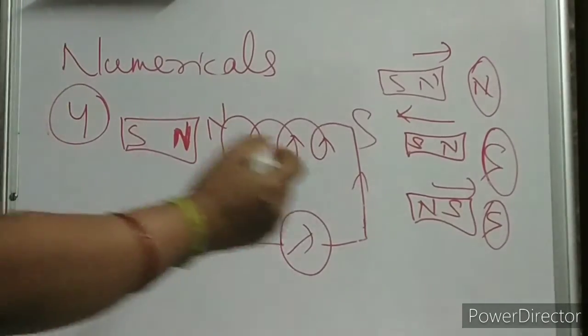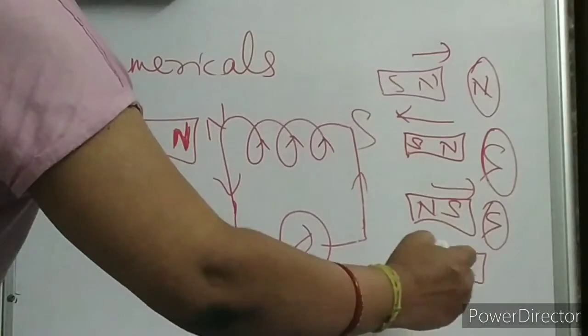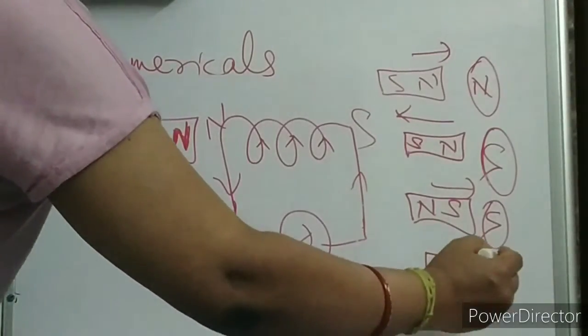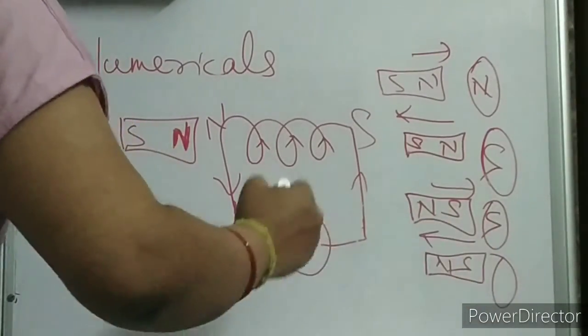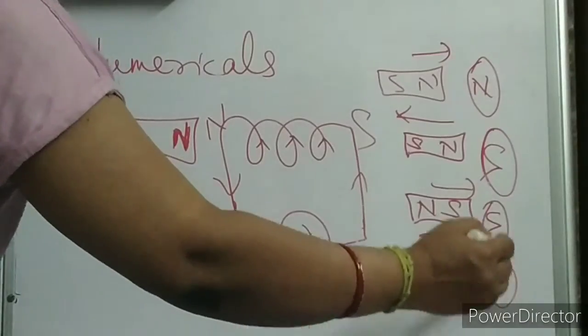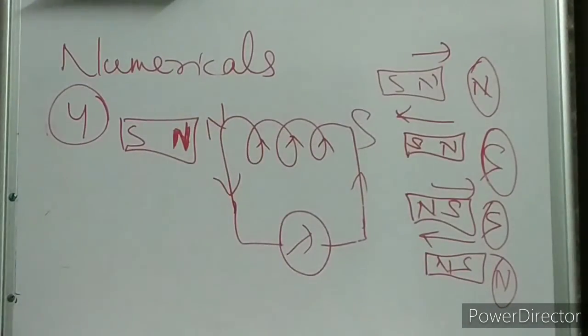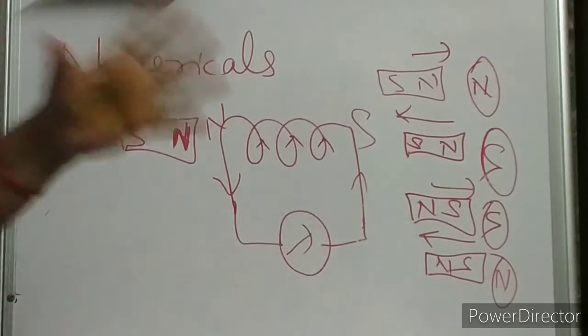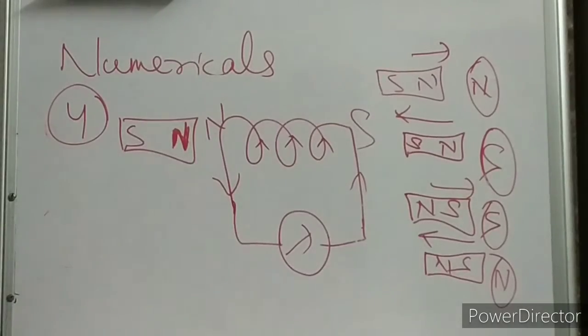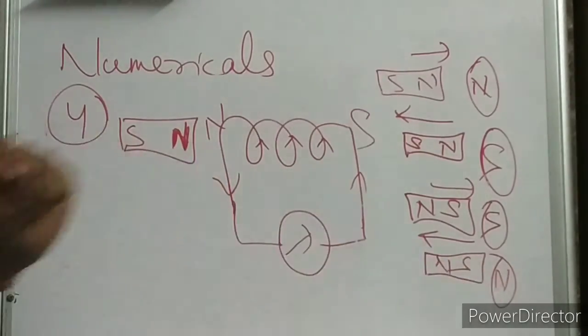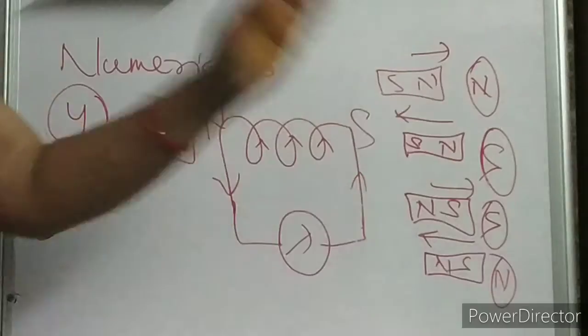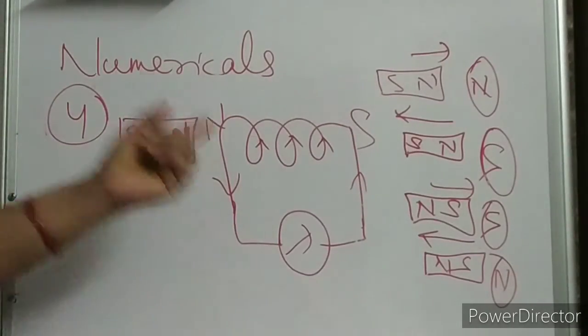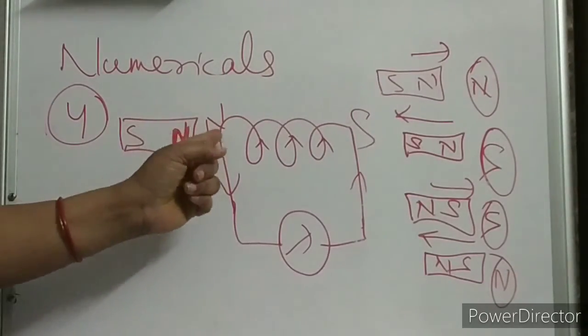Okay, clear, children? Now south, north, face of the coil. South pole is moving away. Then immediately here it is opposite, so that again attraction should happen as per induced current. Lenz's law is telling it has to oppose the creator. Just oppose. Don't think. So here north pole. Hope memory refreshed. Now come here. So north pole is here.